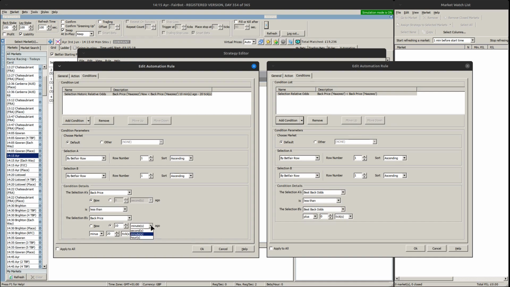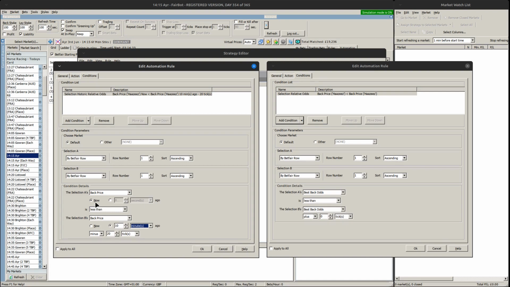Now clearly from here you can see that you can set up this to look back in time quite some way if you desire. However, there's one very important thing you must be aware of if you're using the selection historic relative odds technique, and that is you must open the market well in advance. So if you're looking an hour back, you must open the market at least an hour before now. Okay, so if you're doing that check, let's say at the scheduled off time, you must open the market an hour beforehand,